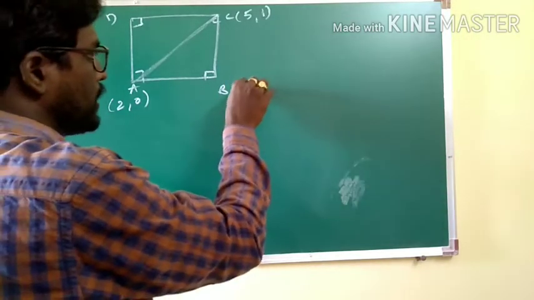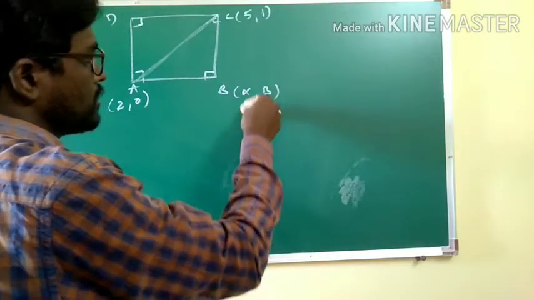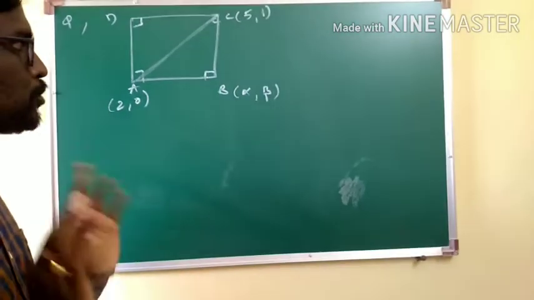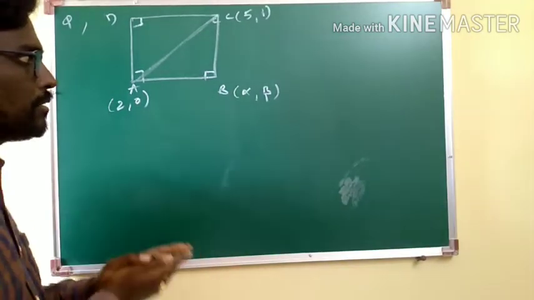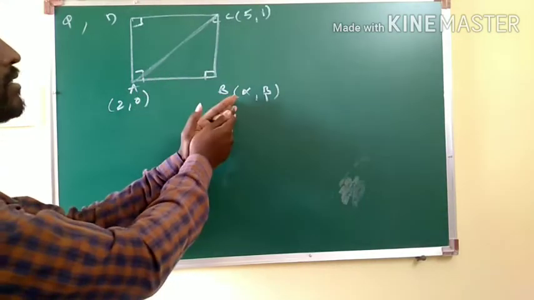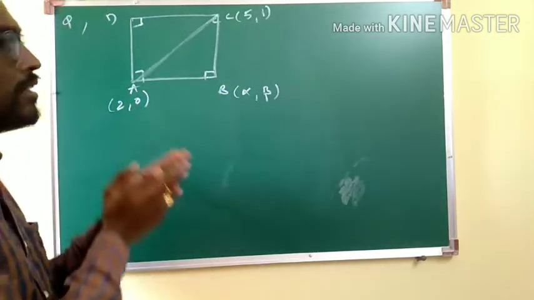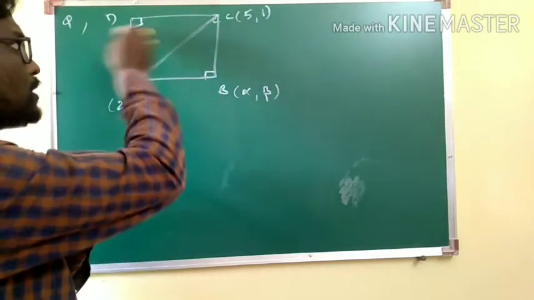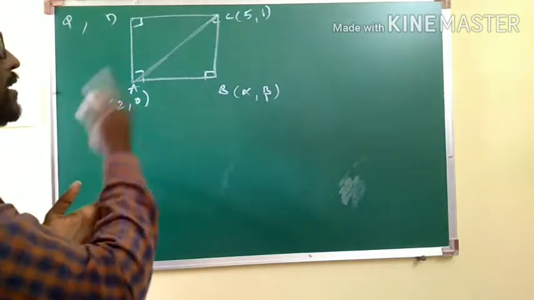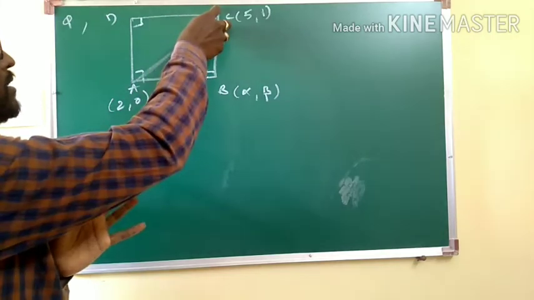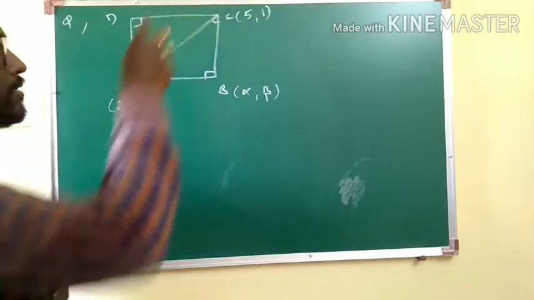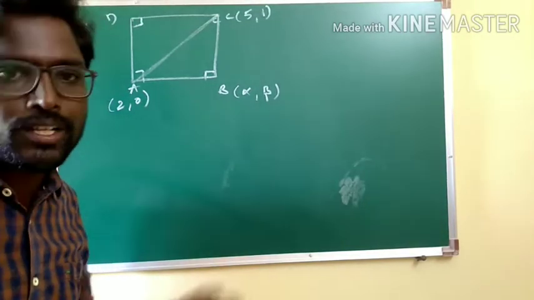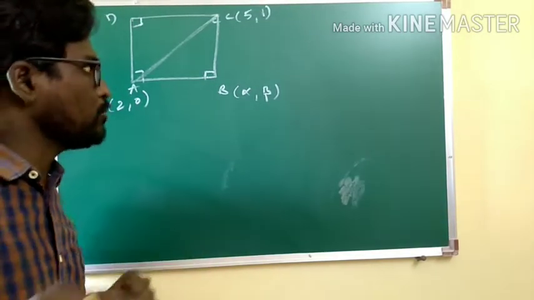Let us take this point as some alpha comma beta. Since we are not aware, we are supposed to calculate that. We'll be getting two cases as we got in the previous case, and one case will be this coordinate and the other case will be this coordinate. Even on taking the triangle ADC also, it is going to be right angle at D, and there the Pythagoras rule is AC square is equal to AD square plus CD square. With that knowledge, we are going to work out this application. And what is one more idea?